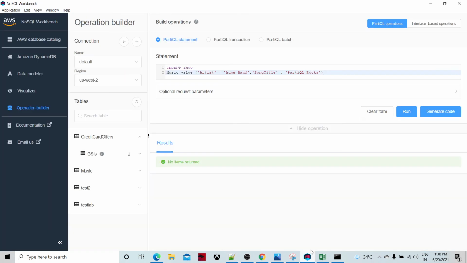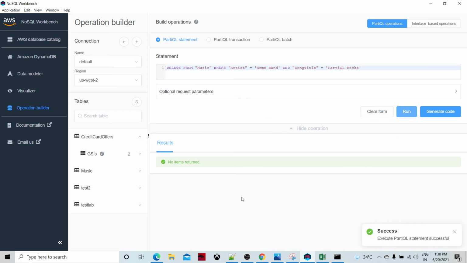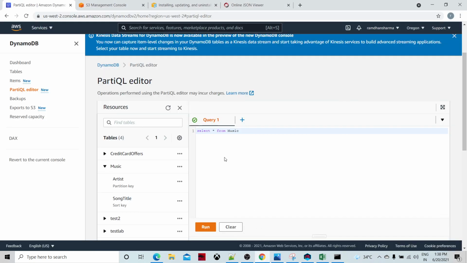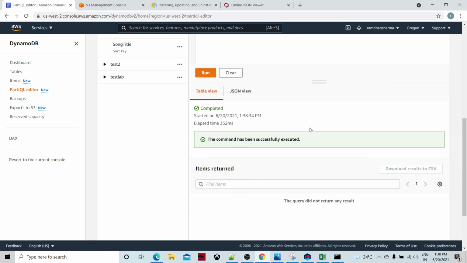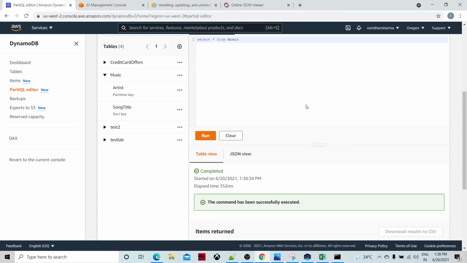Let me try from the NoSQL Workbench. I think it is successful. Let's see the console. Nothing is there.